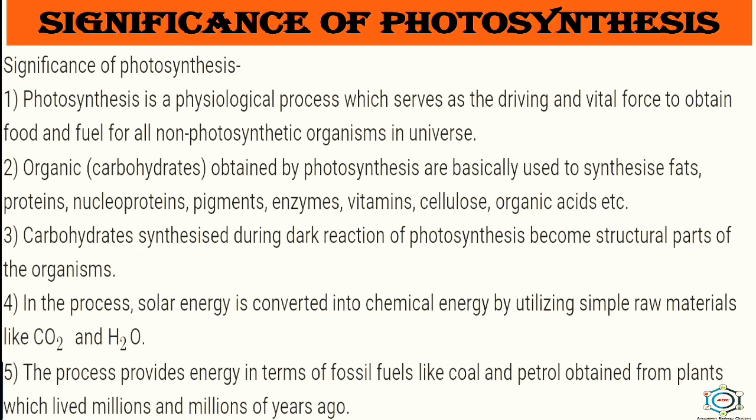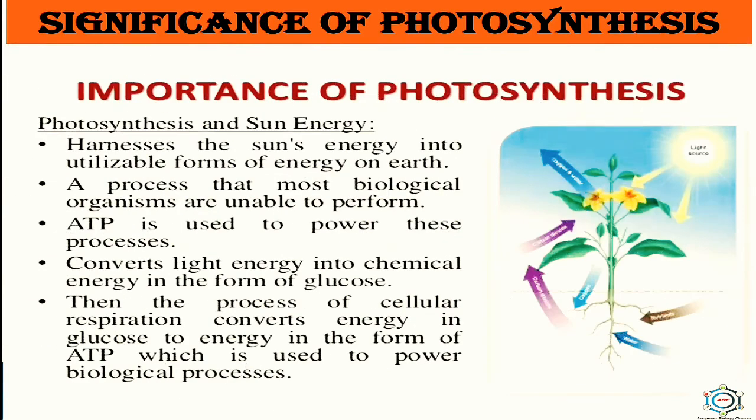In the process, solar energy is converted into chemical energy by utilizing simple raw materials like carbon dioxide and water. The process provides energy in terms of fossil fuels like coal and petroleum obtained from the plants which lived millions and millions of years ago. Now, importance of photosynthesis: harness the sun's energy into the utilizable forms of energy on Earth, a process that